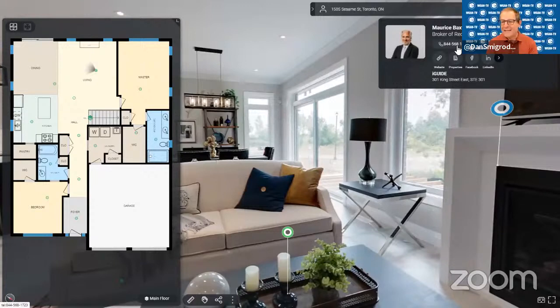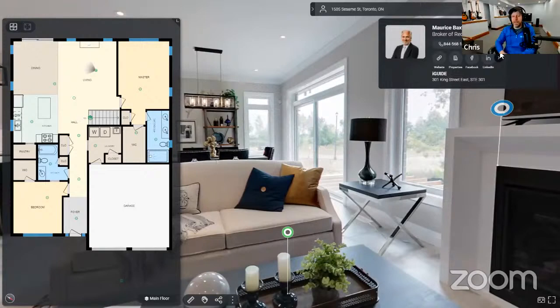And I see an arrow to the right, a caret. Within that, is there an unlimited number of social media links? Yeah, it varies depending on what you put in. Correct. So it's going to be dynamic and it's going to scale. And the reason that it's set up this way is that on the right side here, you have the option of having a logo. So you can have a headshot and a logo. The logo that I put in here was the iGuide one, which doesn't really fill the space particularly well. So if that weren't there, this would just extend over. But yeah, you can have all of the links displayed.